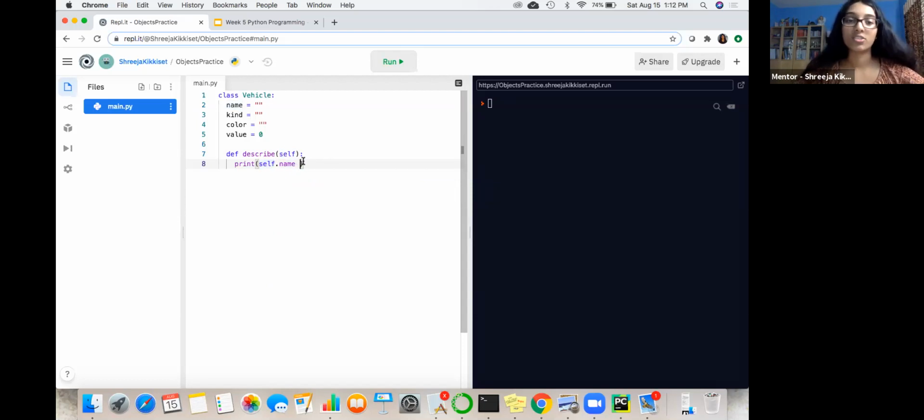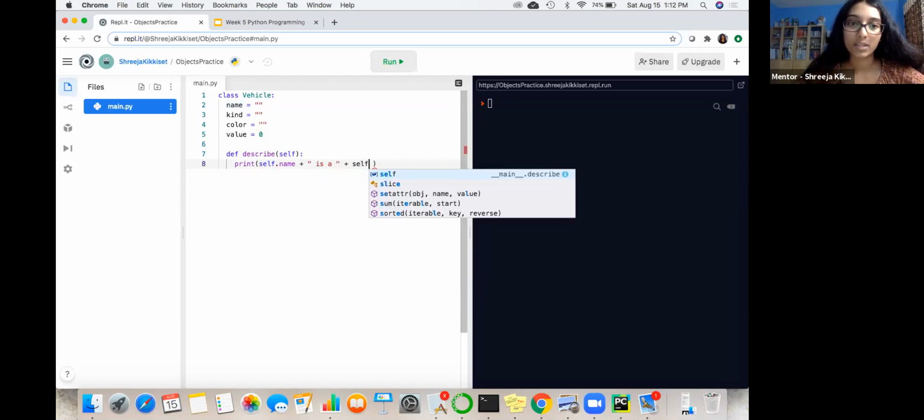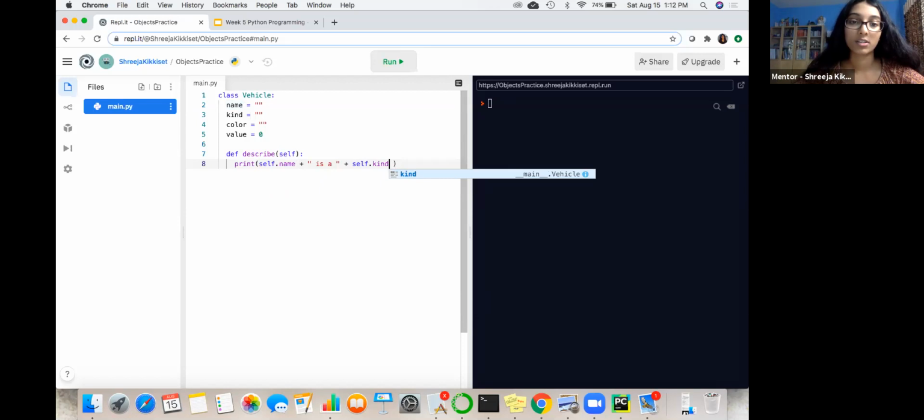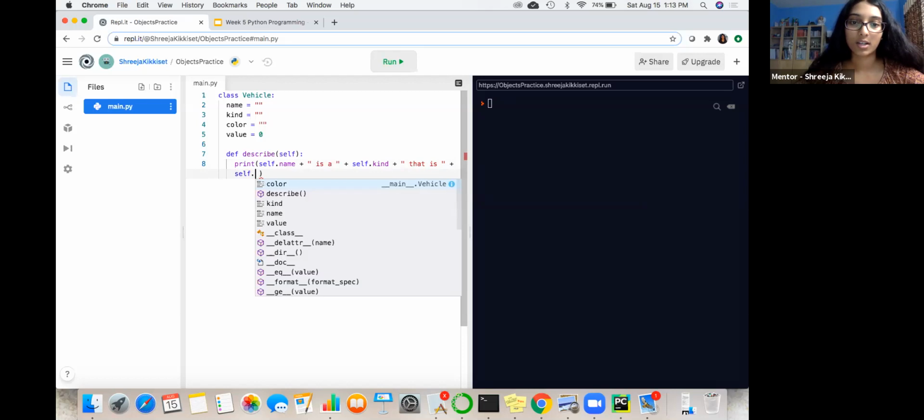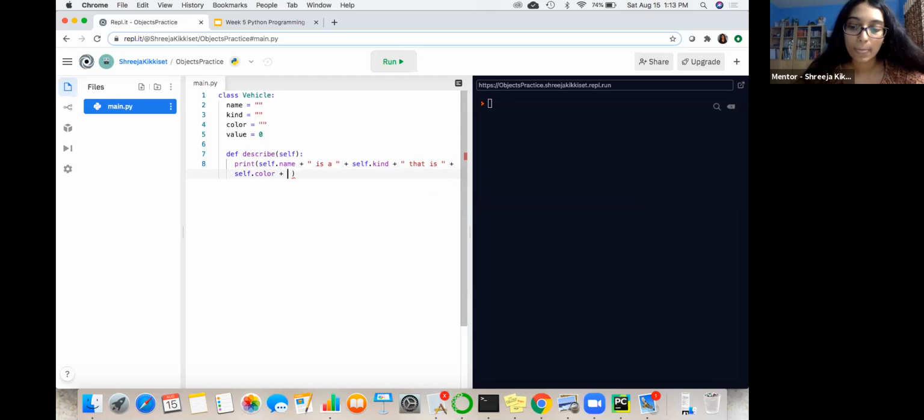Or else Python's not going to know what you mean. If you just put name, it's going to give you an error. So yeah, see, it gives you an error. So you always have to put self.name. Self.name is a self.kind, like what type of vehicle it is. This is just a simple print statement. Then self.color, whatever color it is, and it is worth